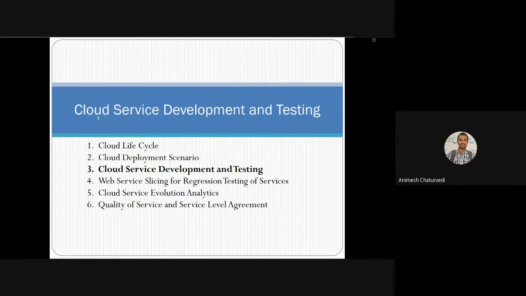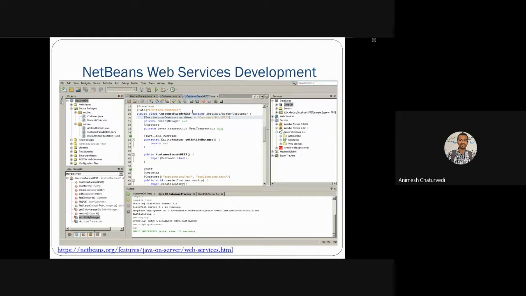Hello. So today we'll start a new part, that is cloud service development and testing environment. We'll see various development and testing environments for such cloud services. So first of all, we'll start with the basic web service development environment,